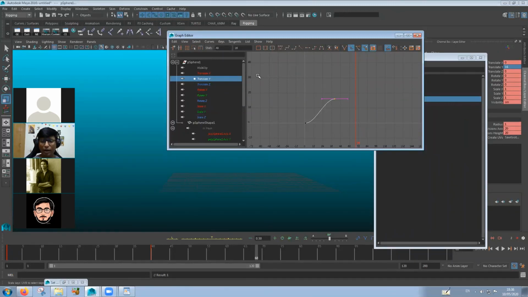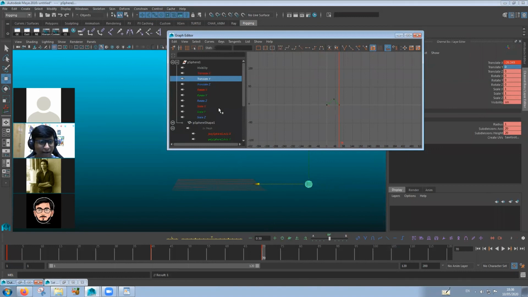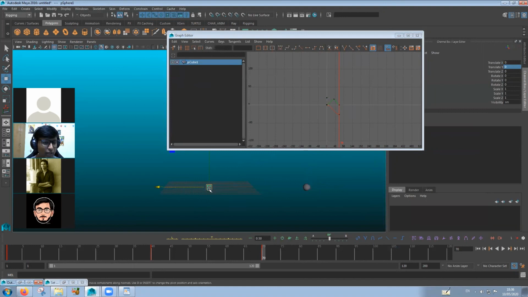Right. Yeah, okay. So that is like, for example, let's say this is translate Y, right? All right, so this is the only animation that you have. For example, let's put in another animation as well. So you have animation in these two things now. Translate X and translate Y, okay? Now imagine there is another cube over here, okay? And I only want the translate Y animation of that copied to this one, right?